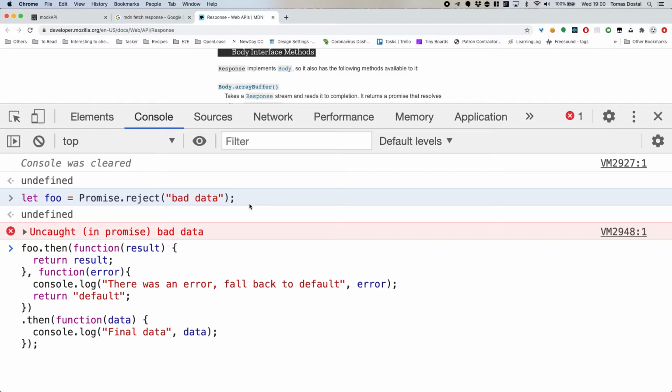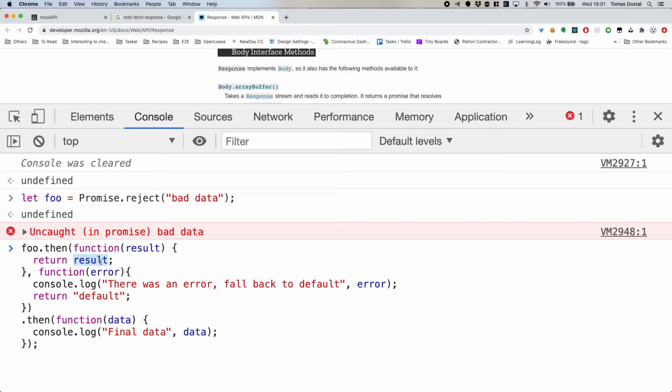And then the result from the previous one is going to run in the next then, and it's going to console out the data. The data comes from the actual result in the first then. You mean this one? Yeah, I don't think it gets into the error at any point. Why do you think it doesn't get to the error?